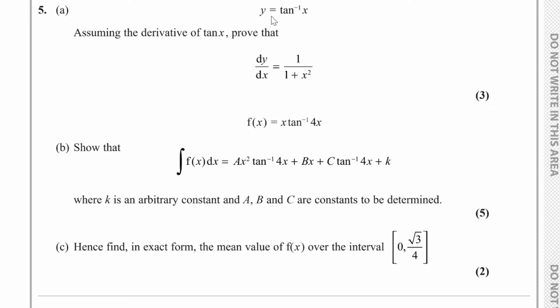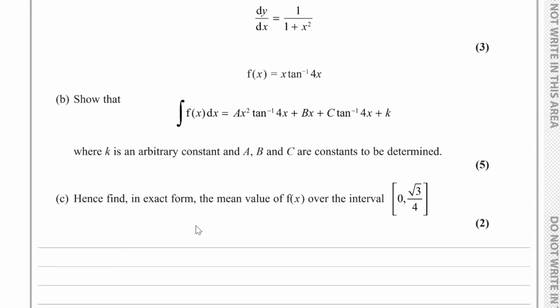Question number 5. For part A, we're given that y is equal to the inverse tangent of x, and assuming the derivative of tan x, we have to prove that dy over dx is equal to 1 over 1 plus x squared. So to do this question for part A, we begin with y equaling the inverse tangent